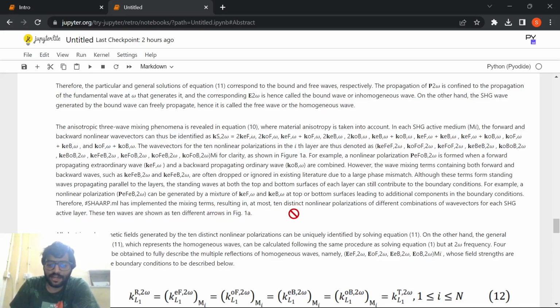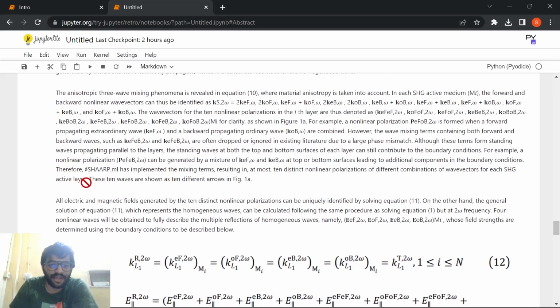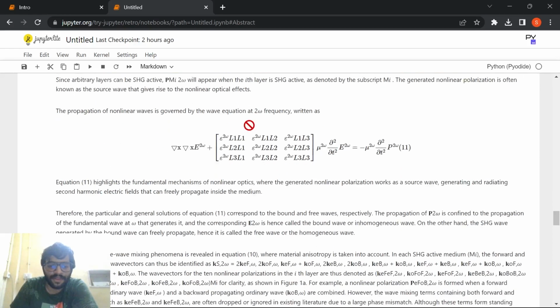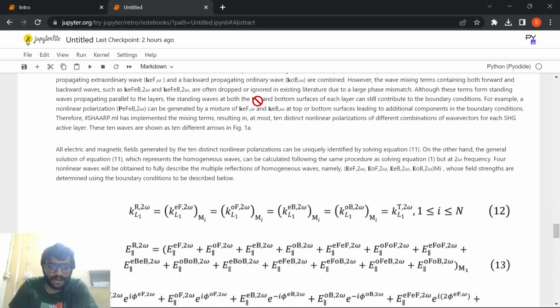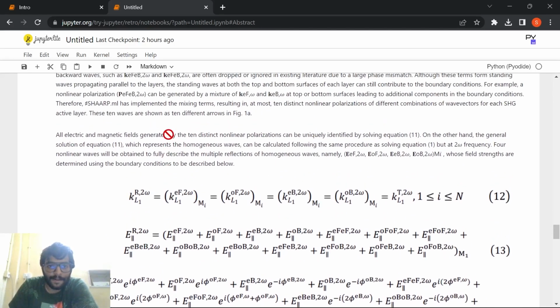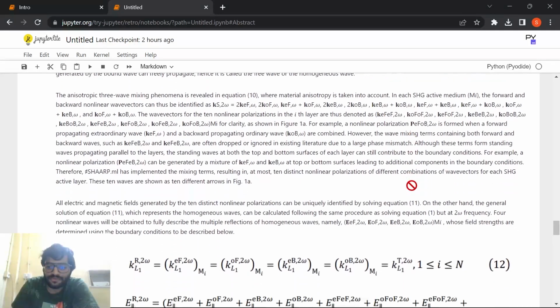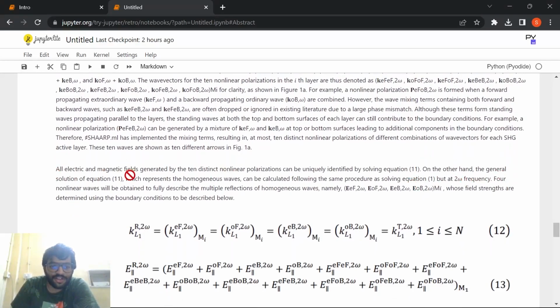At most 10 distinct nonlinear polarizations of different combinations of wave vectors exist for each SHG active layer. These 10 waves are shown as 10 different arrows in figure 1a. These three, and these three, these four. And all electric and magnetic fields generated by the 10 distinct nonlinear polarizations can be uniquely identified by solving equation 11. On the other hand, the general solution of equation 11, which represents the homogeneous waves, can be calculated following